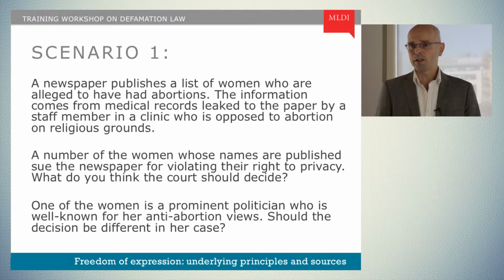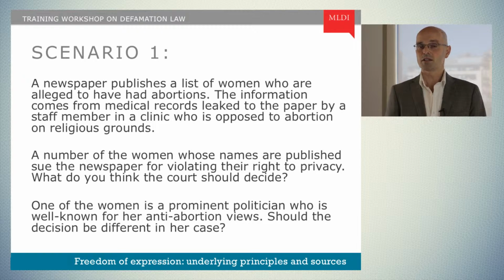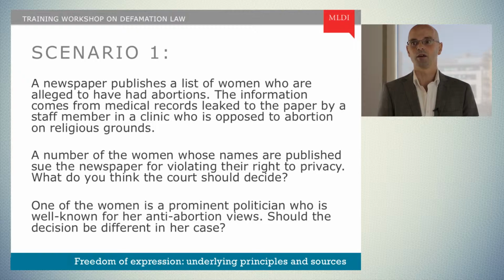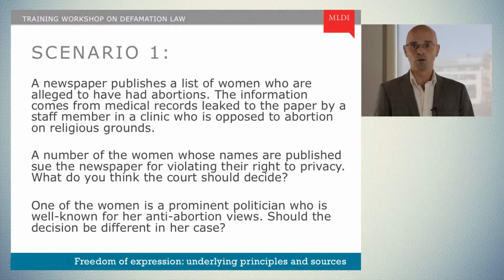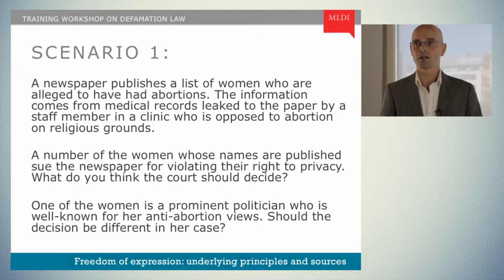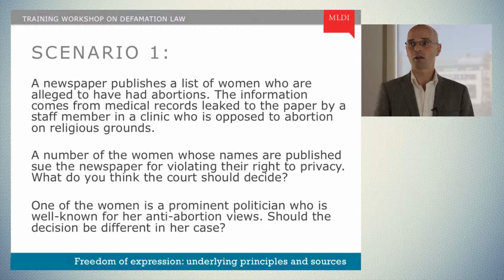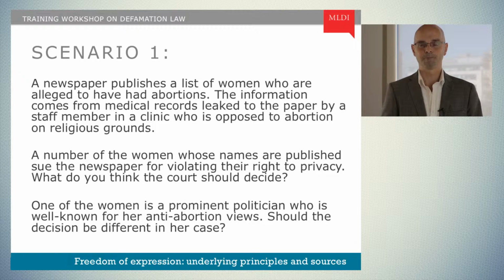Well, following the three-part test, we should first look at whether there may be a legitimate aim in pursuit of which the newspaper's right to freedom of expression may be restricted. The protection of the rights of others is mentioned as one such legitimate aim, and this would include the protection of the right to privacy of the women concerned. So, there would be a legitimate aim. The second question to ask would be whether there is a law that protects the right to privacy, and whether that law is sufficiently accessible and clearly worded so that the newspaper would have been able to foresee that by publishing the women's names, they might open themselves up to a lawsuit for violating their privacy.